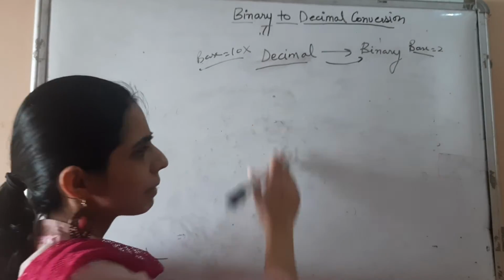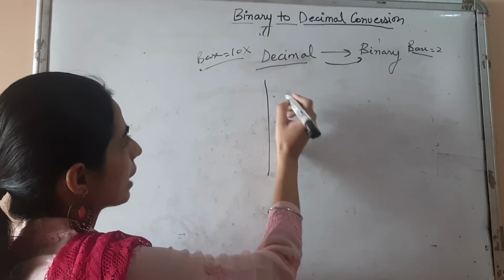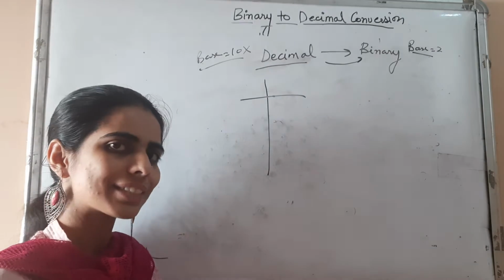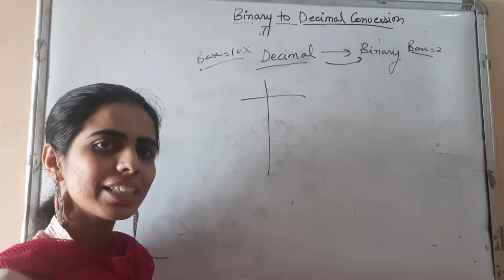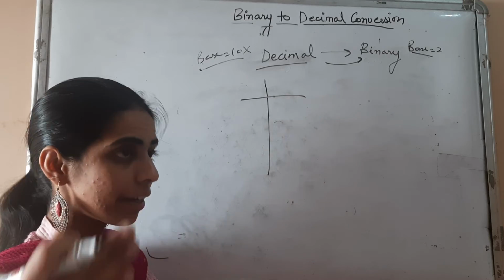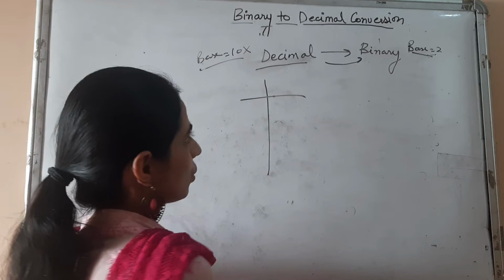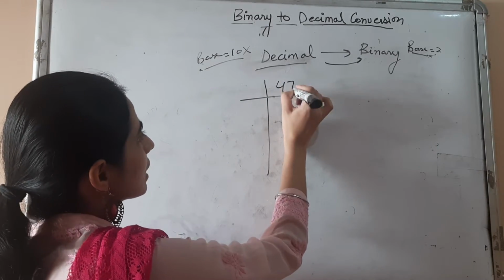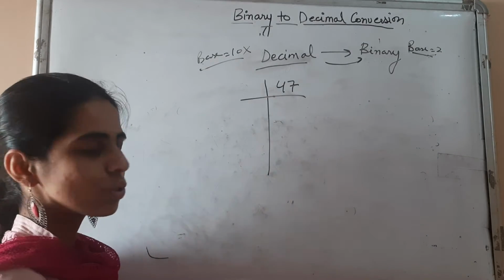We have to simply keep dividing by 2. I know that you all must be knowing prime factorization. So just consider it as a type of prime factorization only. But here we will not consider any other factor than 2. So we will consider only 2 to divide our decimal number, right? So I am taking 47 as a small example to explain you all. Have a look how we are going to do.